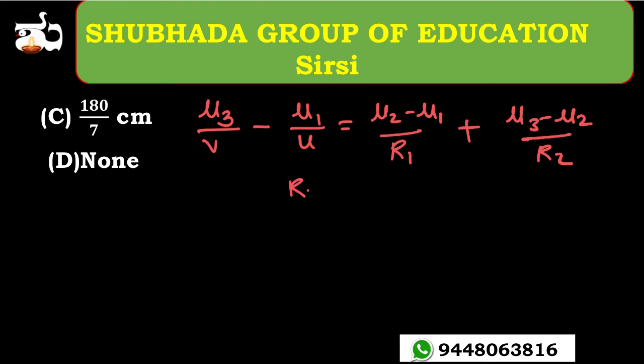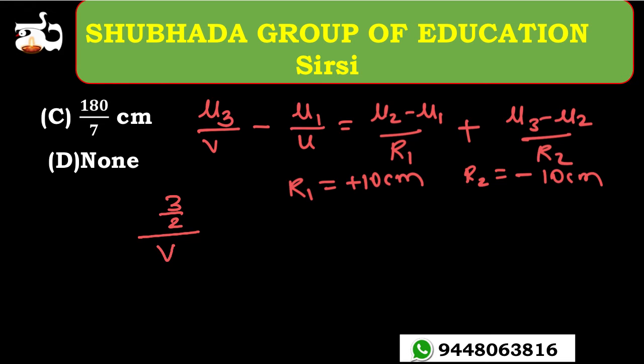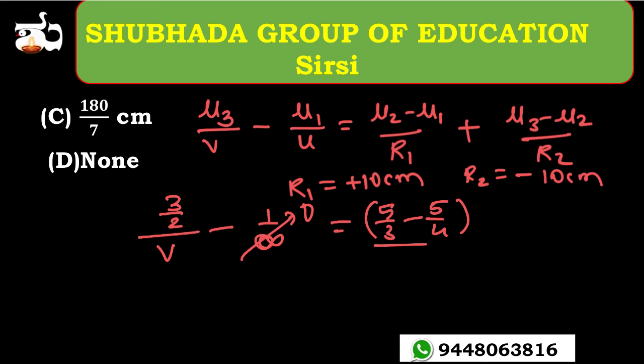Clearly R1 is equal to plus 10 centimeter and R2 should be, by using sign convention, minus 10 centimeter, so both are opposite to one another. Now look at it. Mu 3 is given as 3 by 2 here, so 3 by 2 divided by V minus 1 by infinity, which obviously gives 0. Mu 2 minus mu 1, mu 2 is 5 by 3, so 5 by 3 minus 5 by 4, divided by R1, which is 10 centimeter, plus